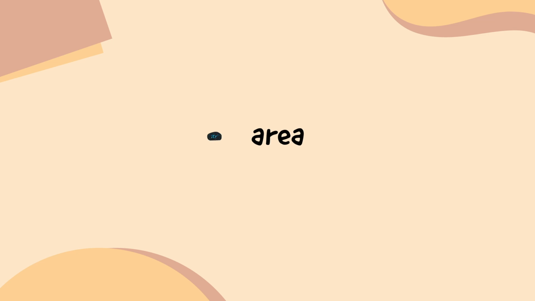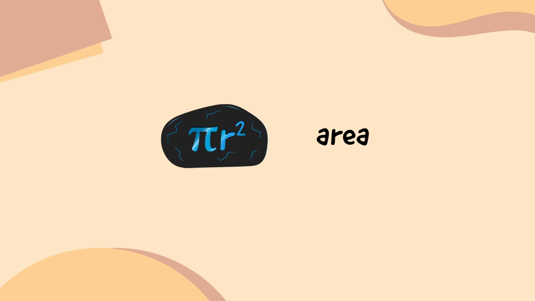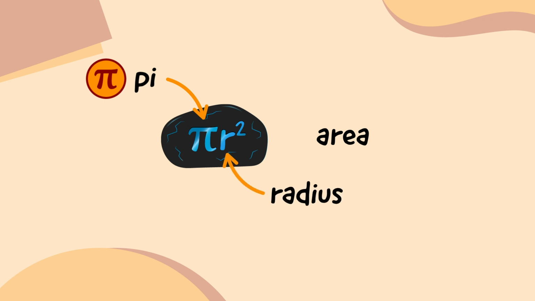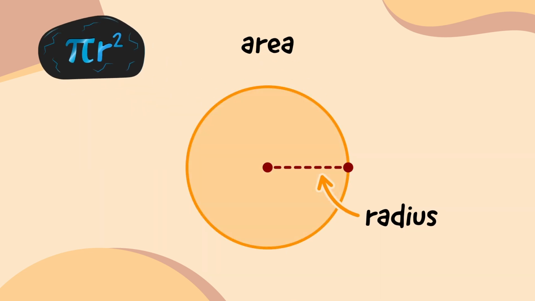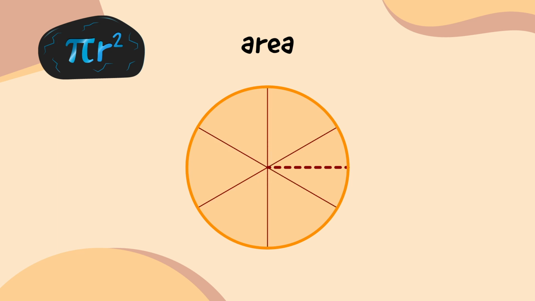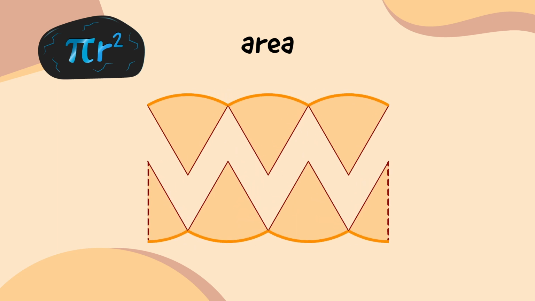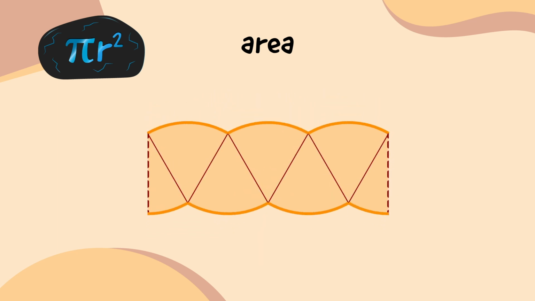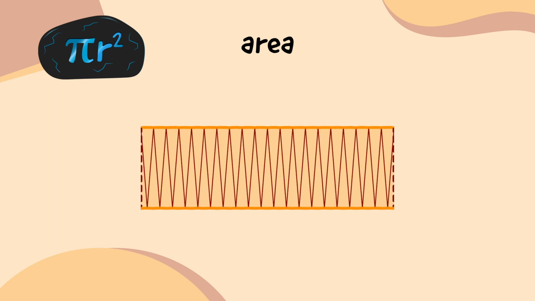What about the area of a circle? Let's look at my runestones again. The area of a circle is equal to pi r squared, which means that it's pi times as large as its radius squared. And the radius is the distance from the centre to the edge, isn't it? Spot on. Let me show you how this works. If we cut the circle up into equal pieces, we can rearrange the pieces into a shape that looks a bit like a rectangle. By cutting the circle up into smaller and smaller pieces, the shape they make looks more and more like a rectangle. Because we haven't added or removed any of the pieces, we know that the area of this rectangle is the same as the area of the circle.